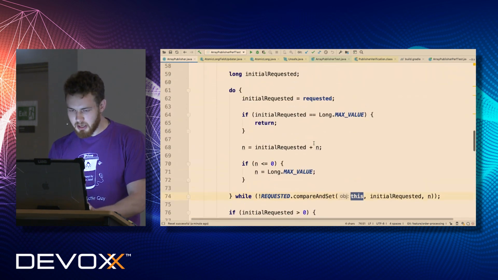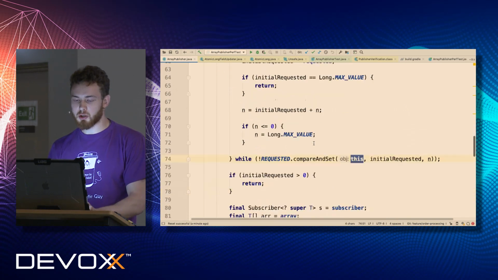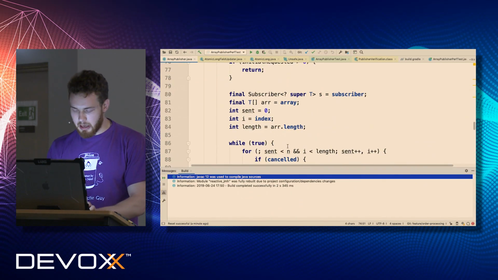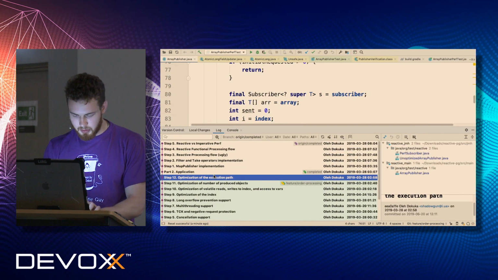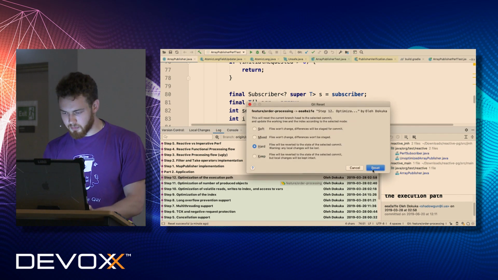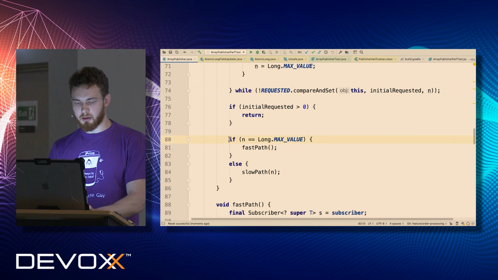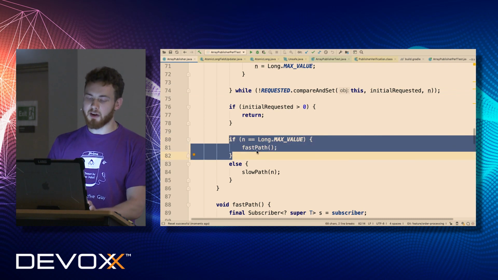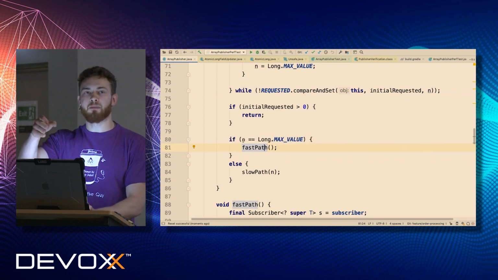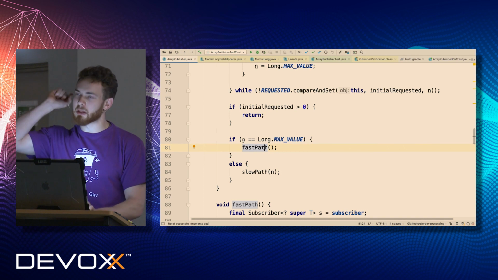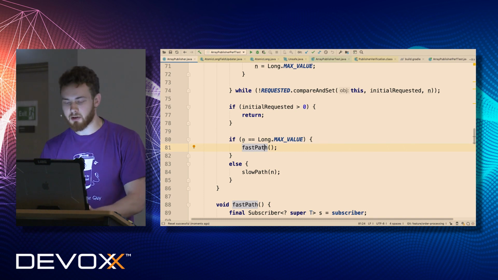Okay, final optimizations. Let me quickly switch to the almost final solution. The final step is verification of the slow or fast path. As you remember, Long.MAX_VALUE means we can simply send without any verification.